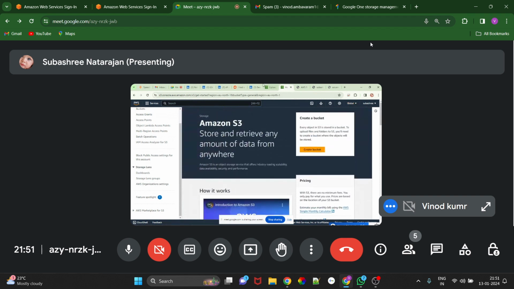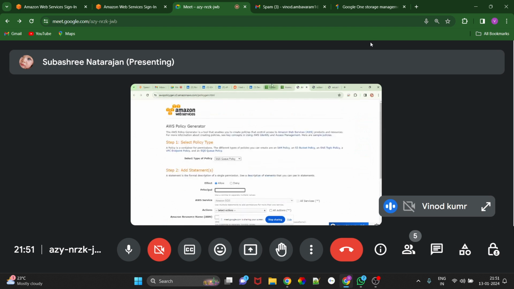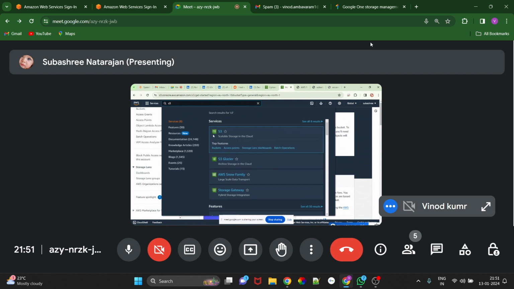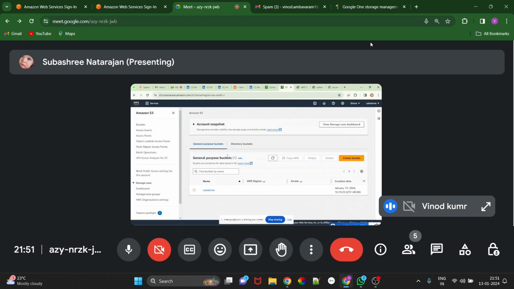You can search for S3 and see the S3 bucket. Usually it will come here only. Okay, there is a permissions tab.